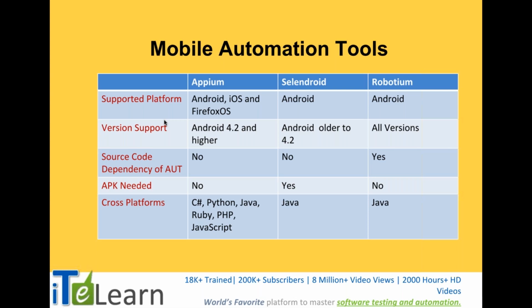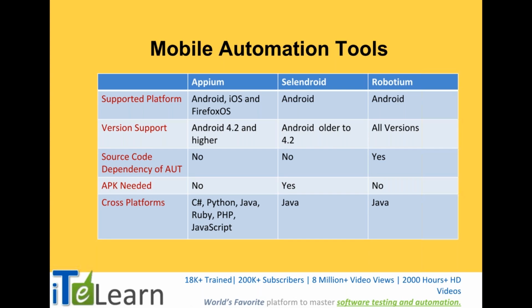So in case of Selendroid, you need an APK. If you see the next point, APK is nothing but an installer file of the app. Okay, it's like an MSI file how we use on Windows. So APK is nothing but an installer file. This is for the Android platform is what I'm saying here. Okay, so now we should not have such dependencies that we should have an installer file for a particular app,